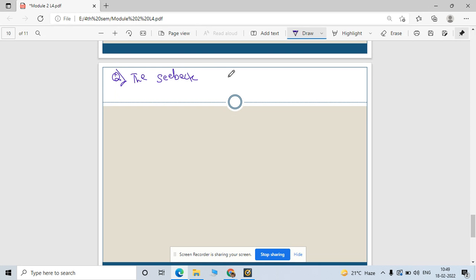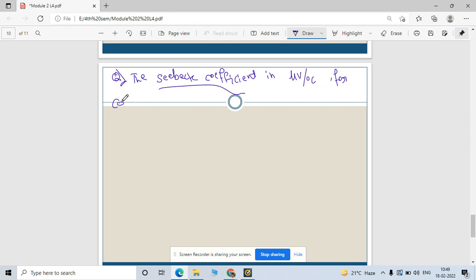The Seebeck coefficient is in microvolt per degree Celsius. See, this is the unit of sensitivity, right? So you can also say that the Seebeck coefficient